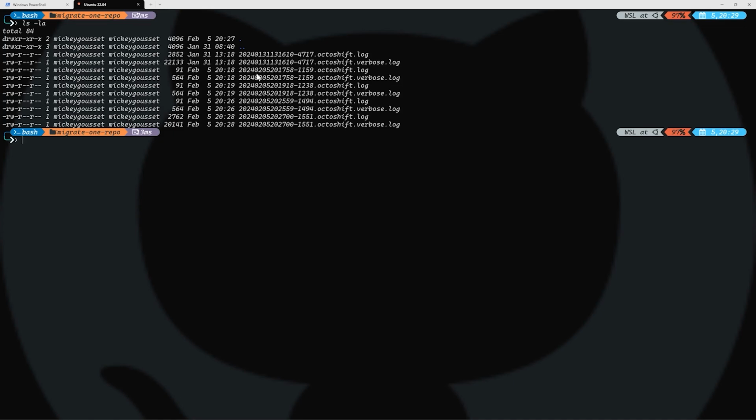Now these logs are generated every time we've run the GHGEI command. So even just saying, hey, --help, it's generated a log. So here's the latest log from the migration that we ran. You'll notice we get 2 logs. We get a short log and we get a more verbose log. So if we cat out that short log,